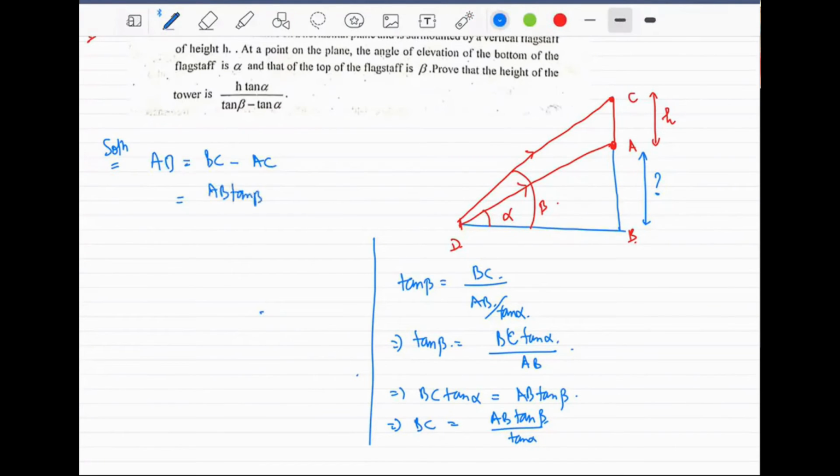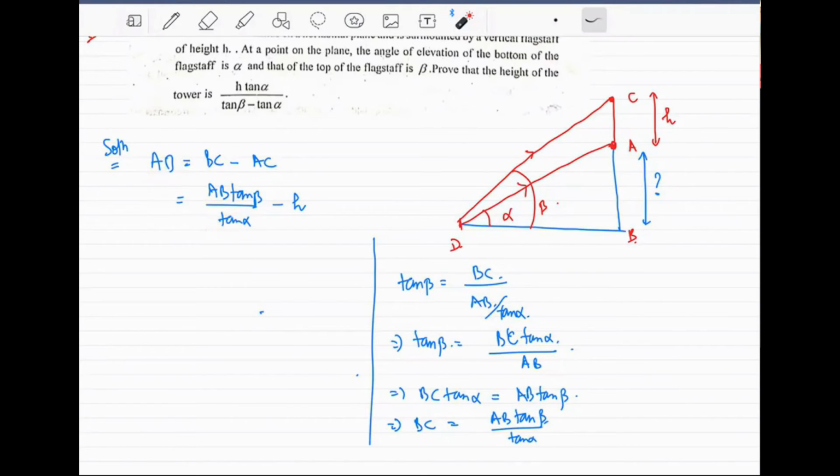AB tan beta by tan alpha minus, there is an H here. AC is H, right? Important thing is there is an AB stuck also. You have to put together the two ABs on one side and then you have to find out the AB